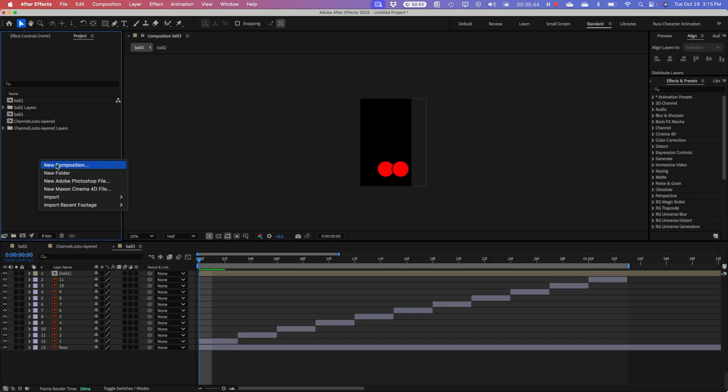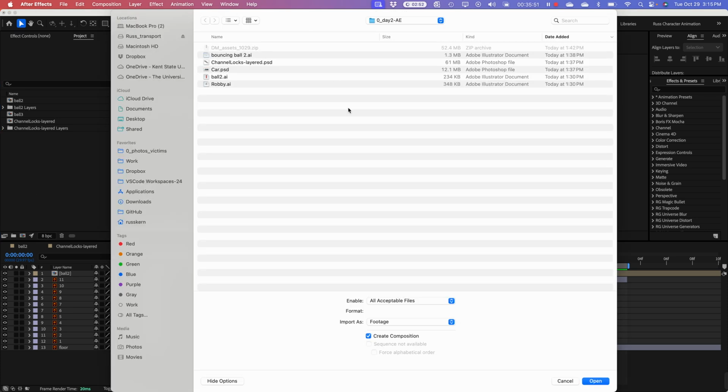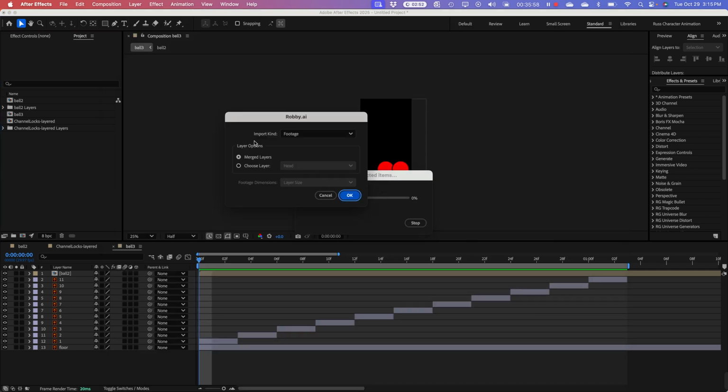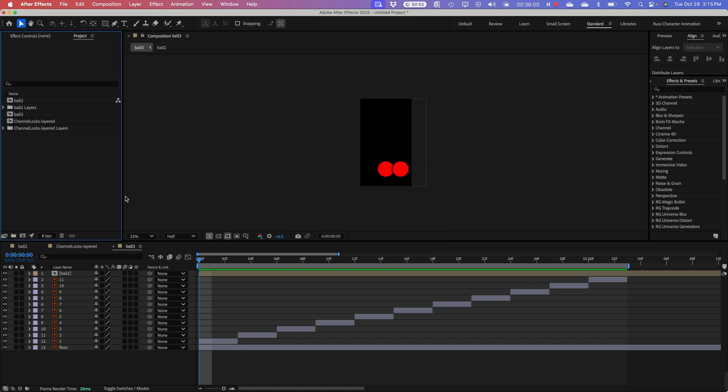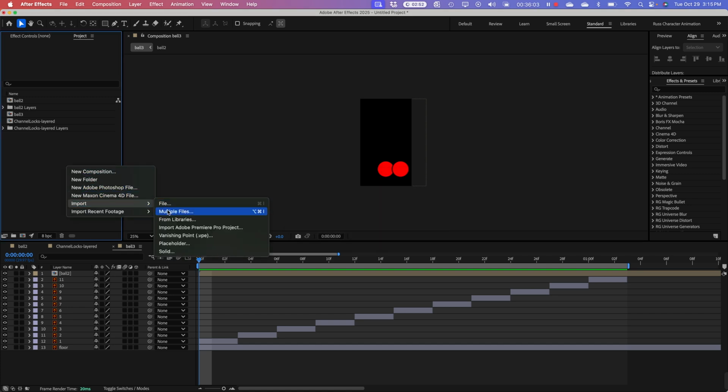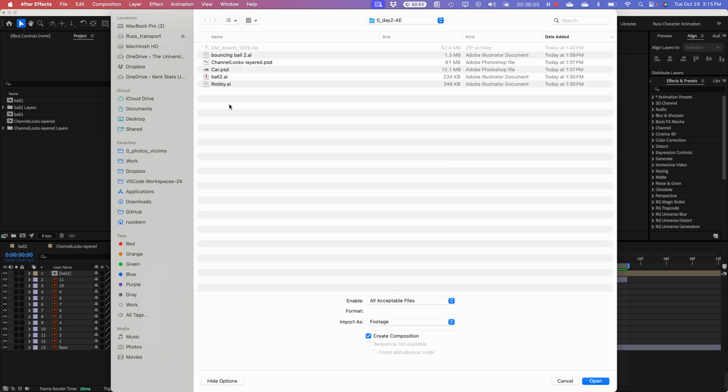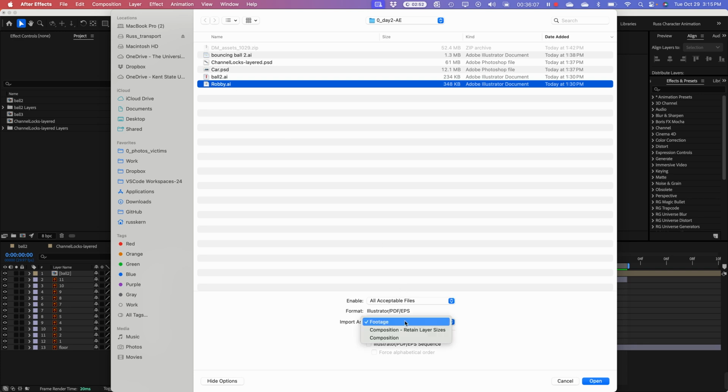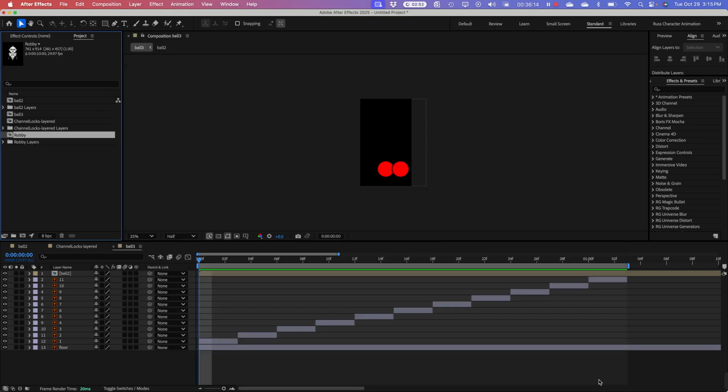So I just imported, import file. I grabbed that Robbie file that was in the stuff I uploaded. And oops, I wasn't paying attention. Let's do that again. Import file. Robbie, make sure I change it from footage to composition, retain layer sizes. Open it. And now if I open that composition,